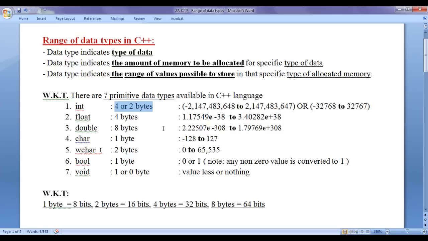If the computer allocates 4 bytes of integer type memory, inside that memory we can store 4,294,967,296 values, guys. How do we say exactly 4,294,967,296 values?